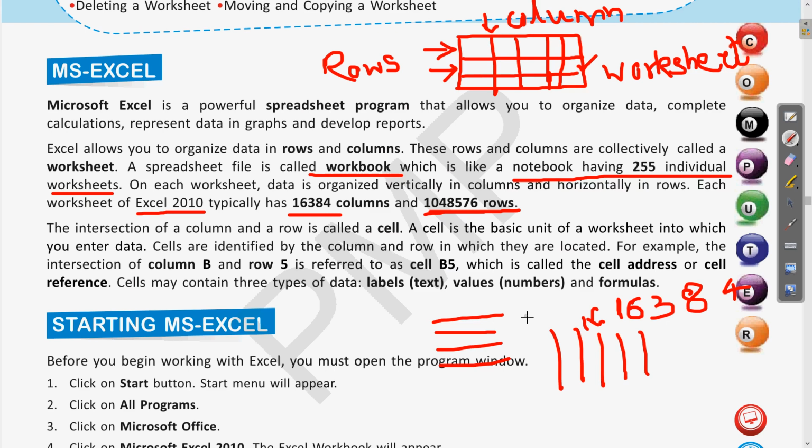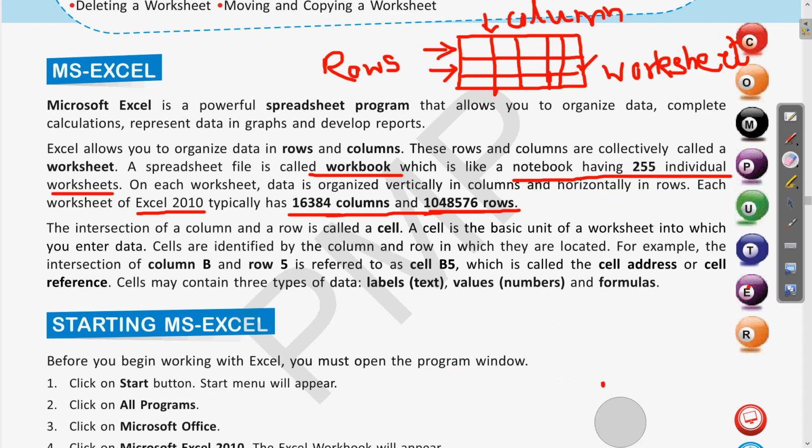So this way the single worksheet has this many rows and columns: 16,384 columns and 10,48,576 rows. These were the numbers of rows and columns present in a single spreadsheet.